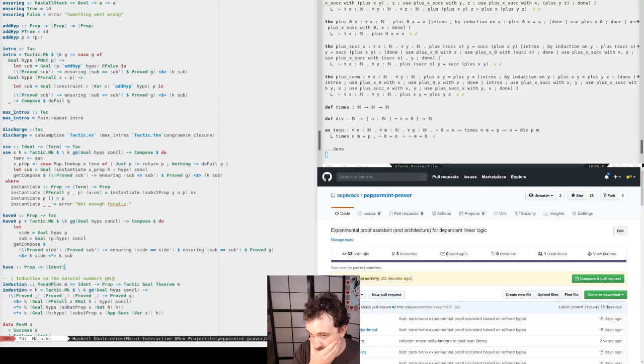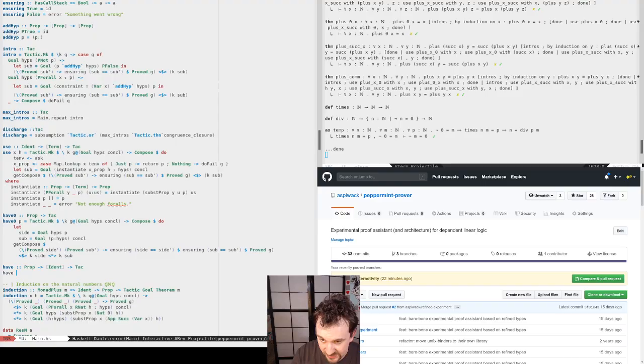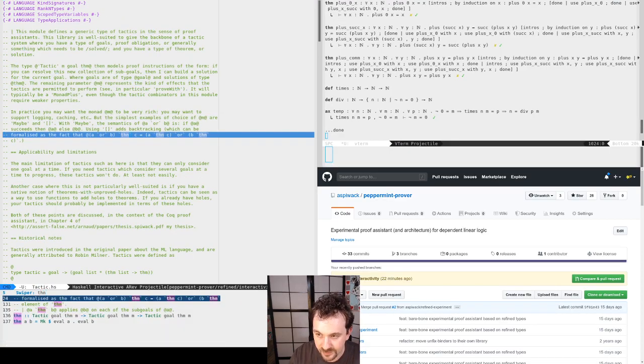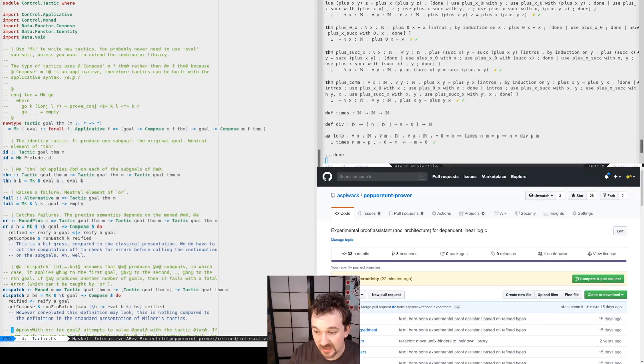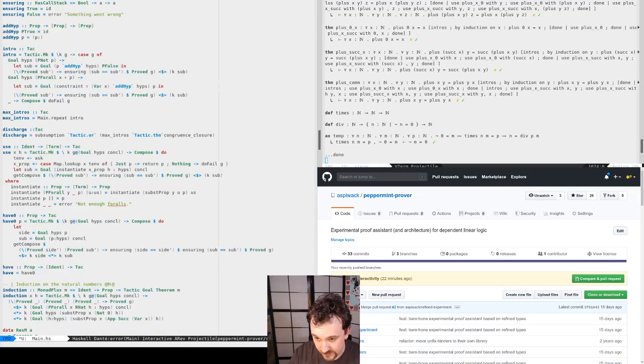And so in stack, have is implemented by calling have zero, and then dispatch. Dispatch, a tactic to dispatch, I guess, followed by a list.